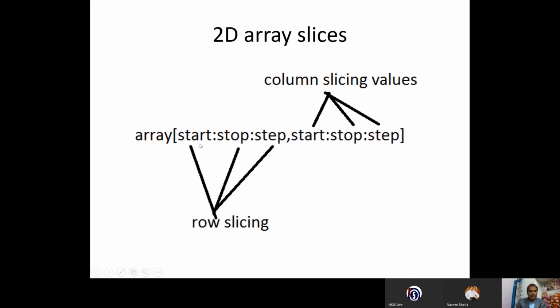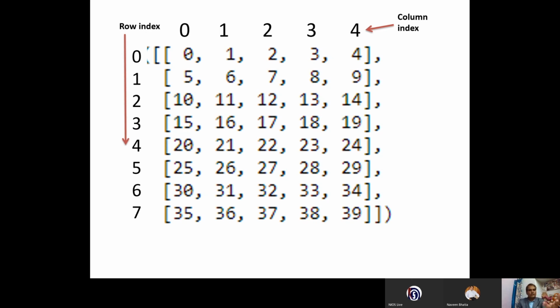This is the start point, colon, stop point, colon, any step if you want to give, comma will come. Here this will calculate for only row. This will calculate for columns. Start point, stop point, and step point. Let us see with an example. This is a very big example, right? You can see I am having row index. How many rows are there? 1, 2, 3, 4, 5, 6, 7, 8. Index will be 0 to 7. At the same time, how many columns are there? You can see I am having 5 columns. 1, 2, 3, 4, 5, and index will be 0, 1, 2, 3, 4.